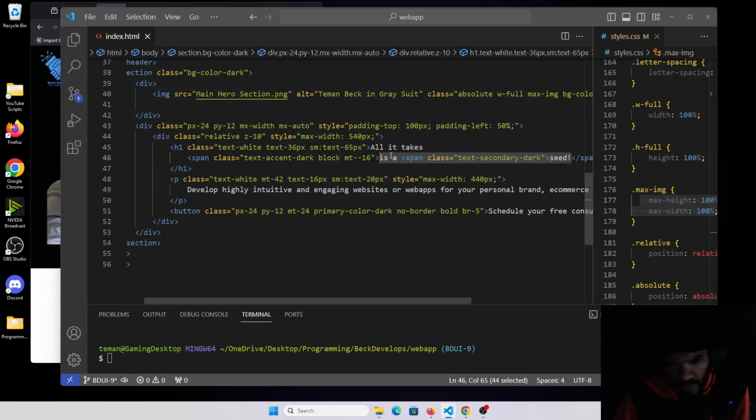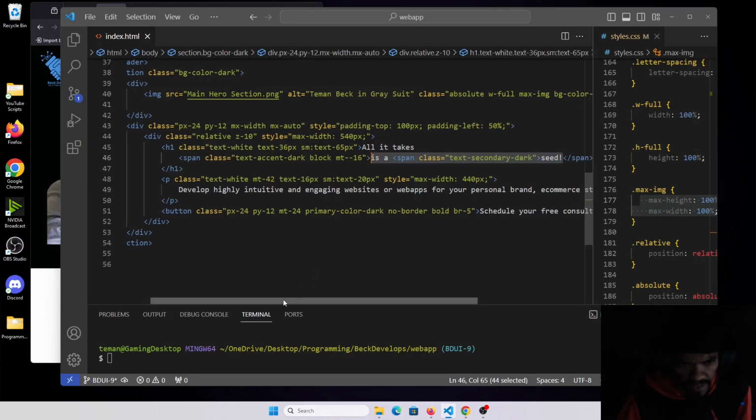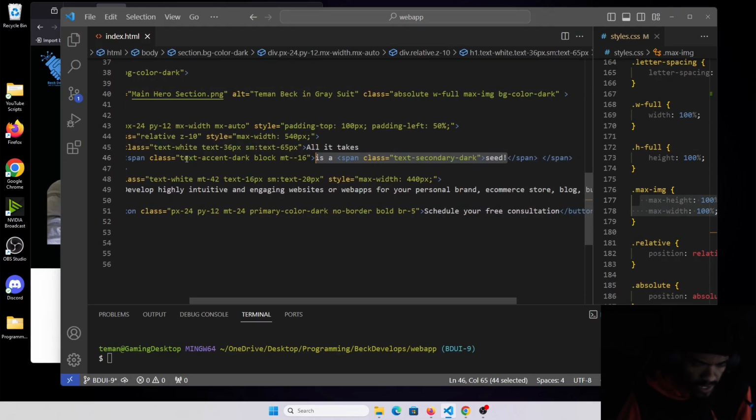So what we did was we wrapped the last portion in a span tag, right? And by doing that, it gives us the capability to change the coloring. And as you can see, we added a text accent dark. We also made it block. And then a margin top of -16. And that's probably because it was too distant from